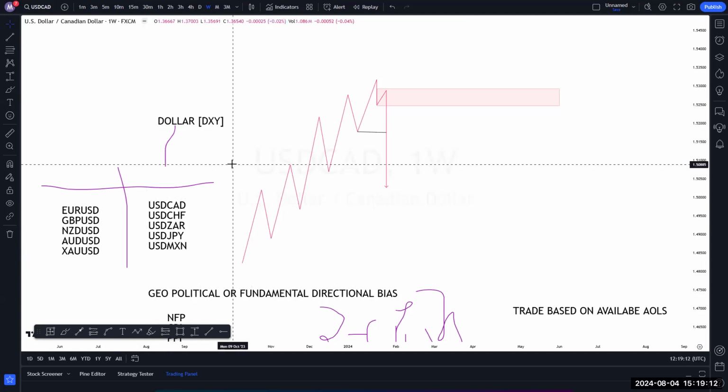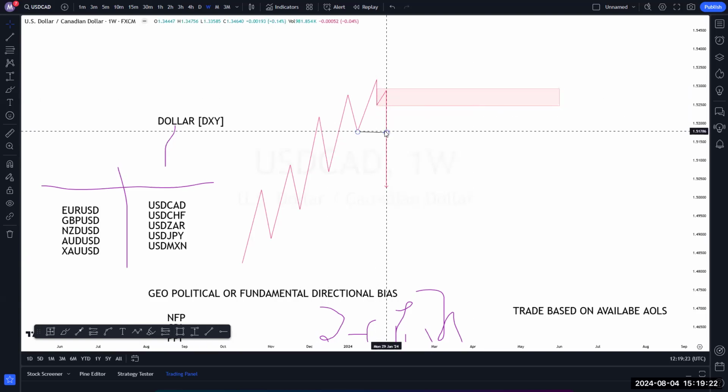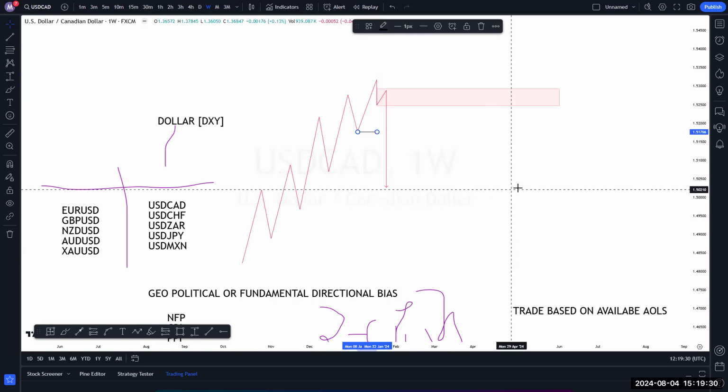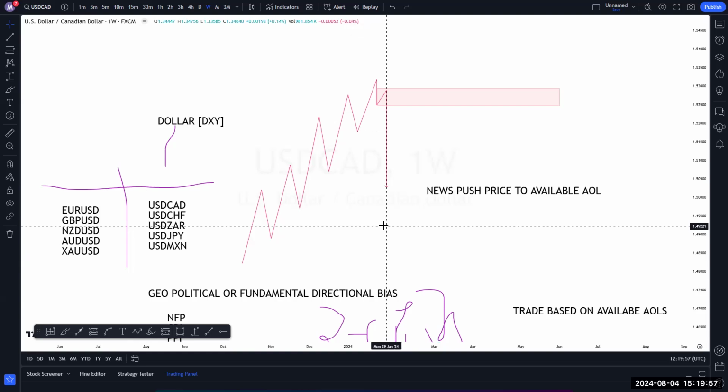Now, let's assume we are having CPI. We have this structure on the dollar index or the DXY. If we are trading news, the news pushes price to the available areas of liquidity. Meaning that if we have this as our area of liquidity on the dollar,